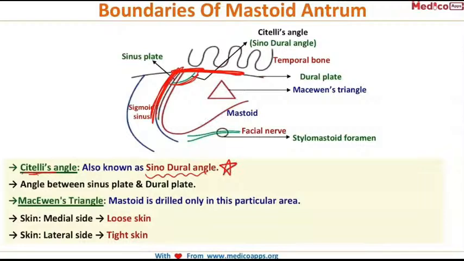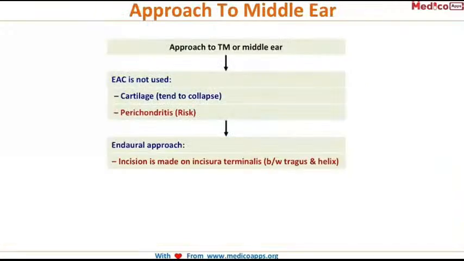Then MacEwen's triangle, we have just seen that it is an important bony landmark for the antrum. So the mastoid is drilled only in this particular area. That is why MacEwen's triangle is so important. Okay, then the skin on the medial side is loose skin and that on the lateral side is tight skin on the mastoid antrum. Now that we have spoken about the approach to the middle ear, let's see how this